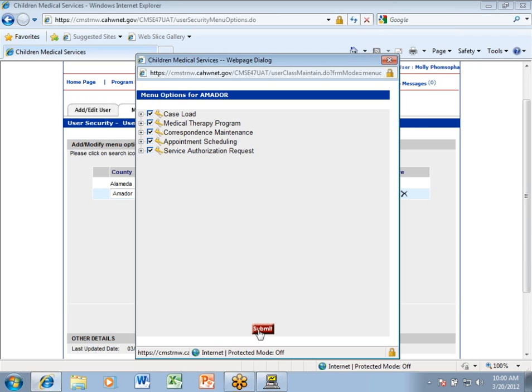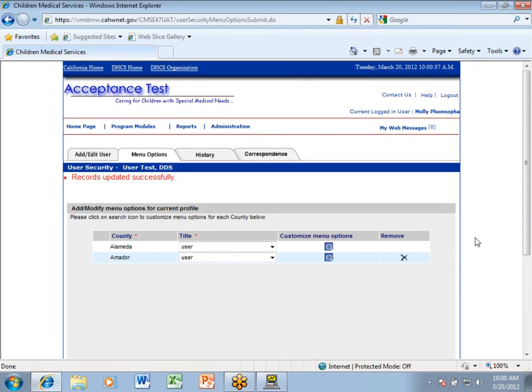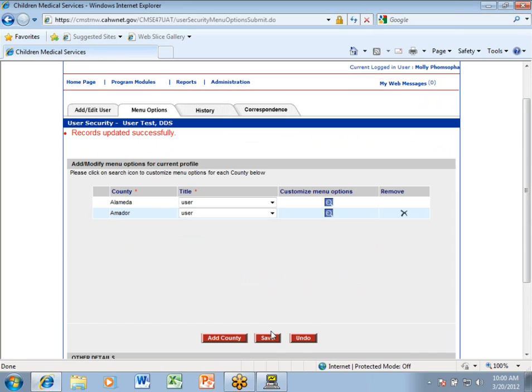Okay, and then submit. So now what they do is they have access to all of those modules in Amador County, as well as their own county. Okay? So go ahead and click on Save, and it will save both those counties. And you can see that it says Record Updated Successfully at the top for the user test